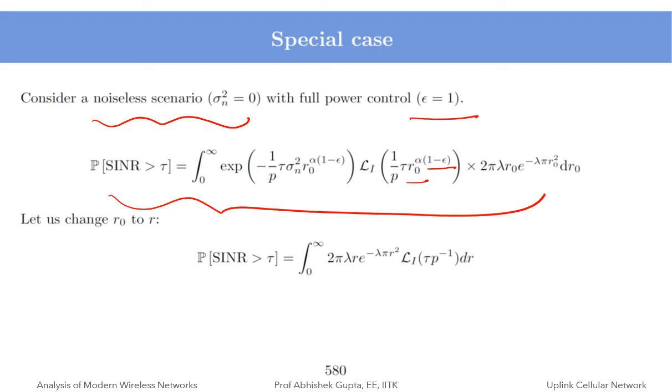So you get the Laplace transform of I at tau p inverse. There is no r_0 there. Noise I have already put as 0, so this whole term will be 0. So this will be just the integration of 2 pi lambda r e to the power minus lambda pi r square, which is coming from here, and this Laplace term, and then dr. Now this does not depend on r_0, so I can just take it out, and then it will become,